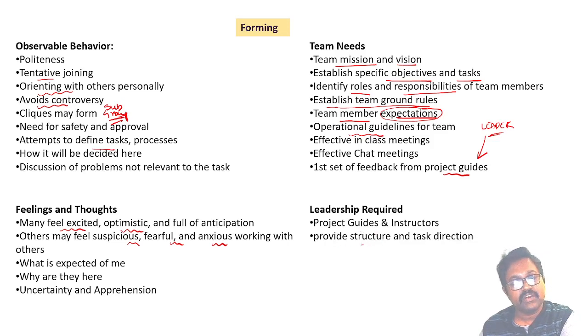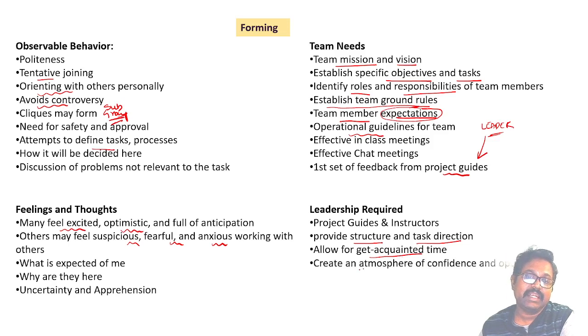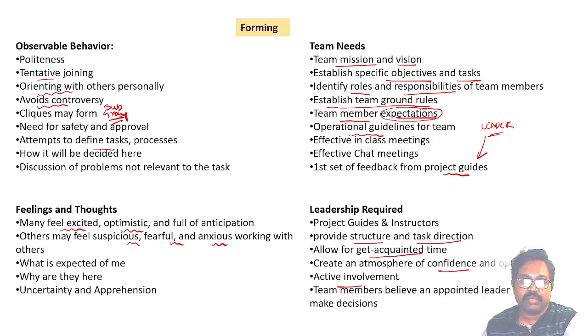And also he or she provides a structure and the direction for the task to be achieved, and also allows team members to get acquainted with the team. They allow each of them to settle down and create an atmosphere of confidence and optimism. So there will be no threatening environment created during the formation of the team. And the team leader will ensure that there is active involvement of each member, and team members believe that